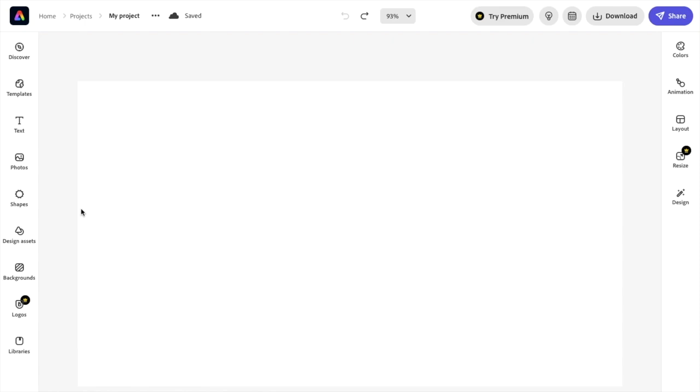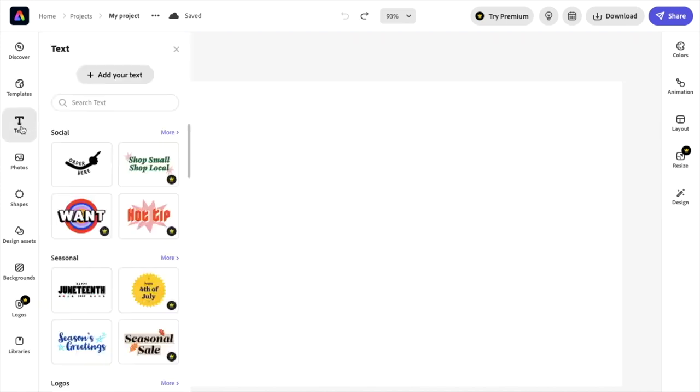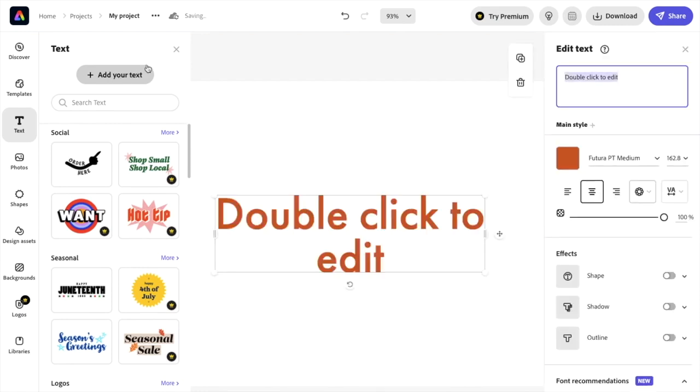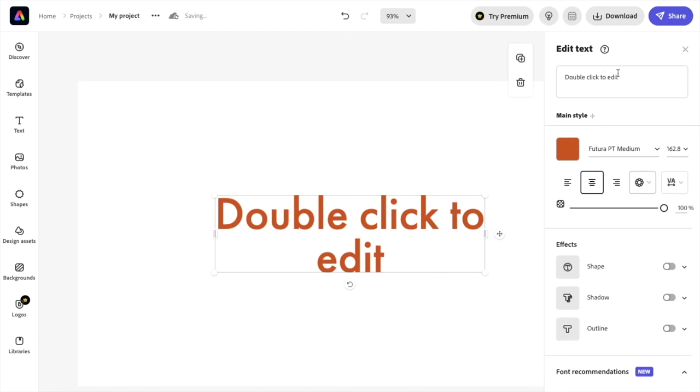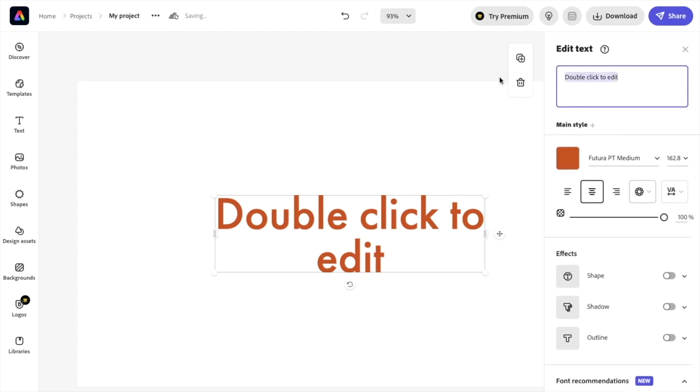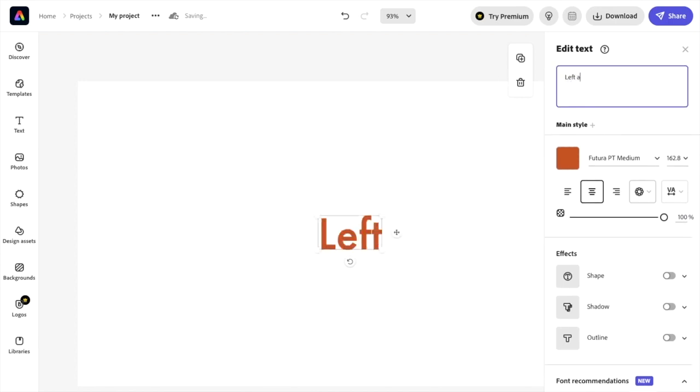So in this video, I'll be showing you guys how to align text to the left side of the screen in Adobe Express. So first thing you have to do obviously is open up Adobe Express, add some text to your document. So I'll just go to add text right here and add some random text. So I'm just going to type in, how about I type in, double click to edit. I will type in left align